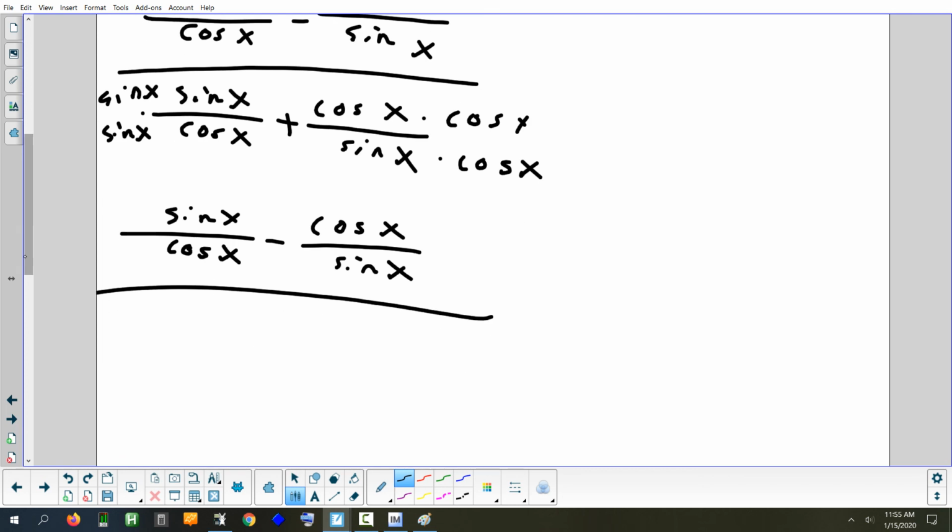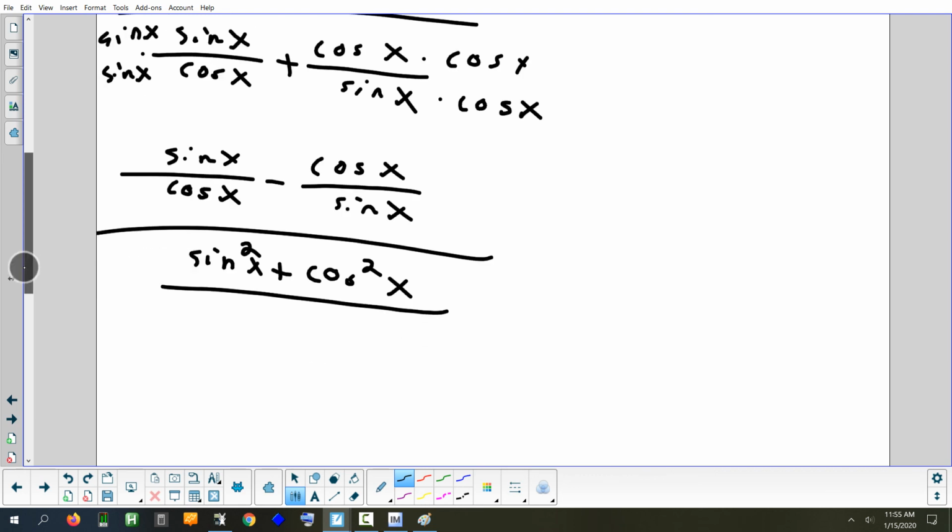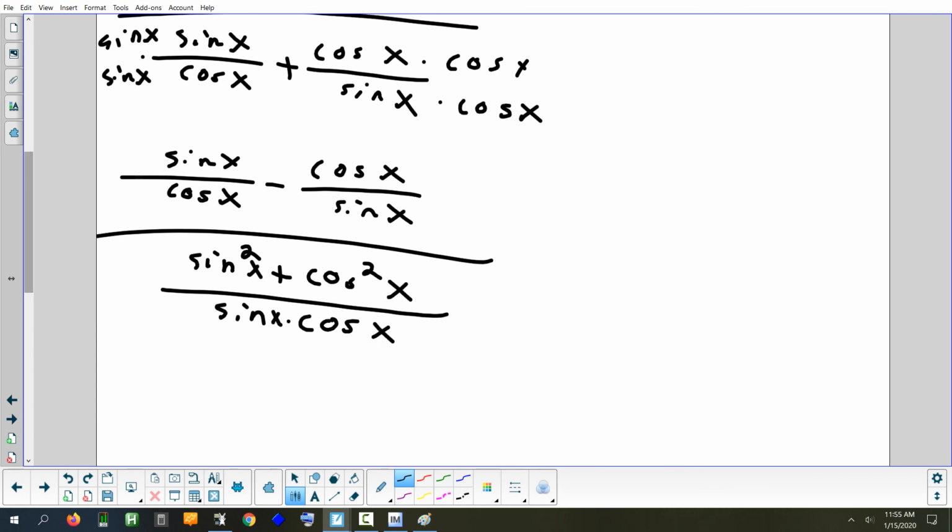All right. So we're going to get sine squared. Sine times sine is sine squared. Cosine times cosine is cosine squared. And what was my common denominator? Cosine times sine. Or sine times cosine. Same thing. Sine times cosine. Okay, and now what happens to sine squared plus cosine squared? That becomes 1. So if I was doing this, I would probably just erase that step and put a 1. But I know when you're taking notes, it's kind of confusing if I just erase it. So I'll copy it all